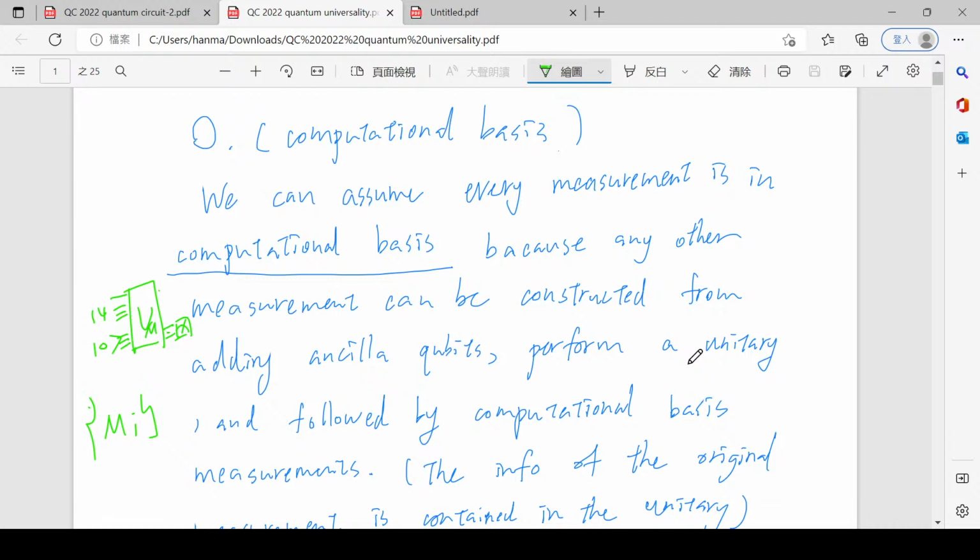So next week will be the midterm, so this week we will not have homework. We'll talk about quantum universality, which is kind of interesting, but it's hard to have homework anyway. So this time we start on this chapter of quantum universality, and